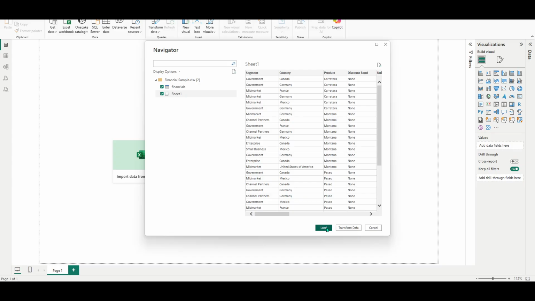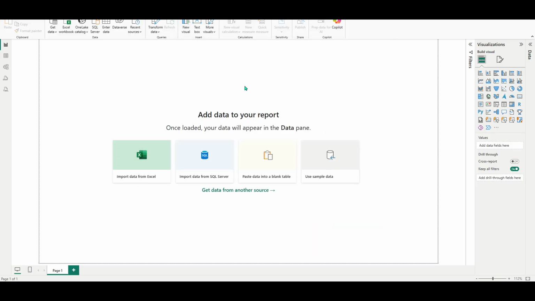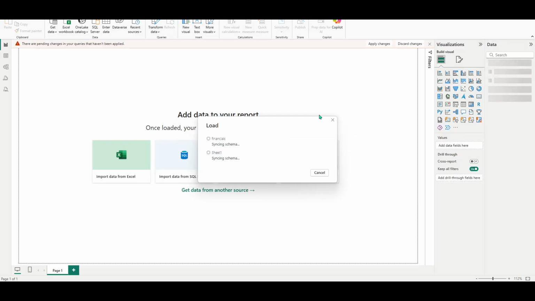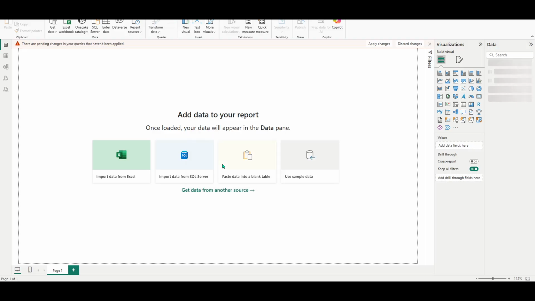To import your data, you'll need to locate and open the import functionality. It's usually straightforward. Just find the import option, navigate to your Excel file, and then proceed by clicking on Load. This step is critical as it brings your data into the Power BI environment, allowing you to manipulate and visualize